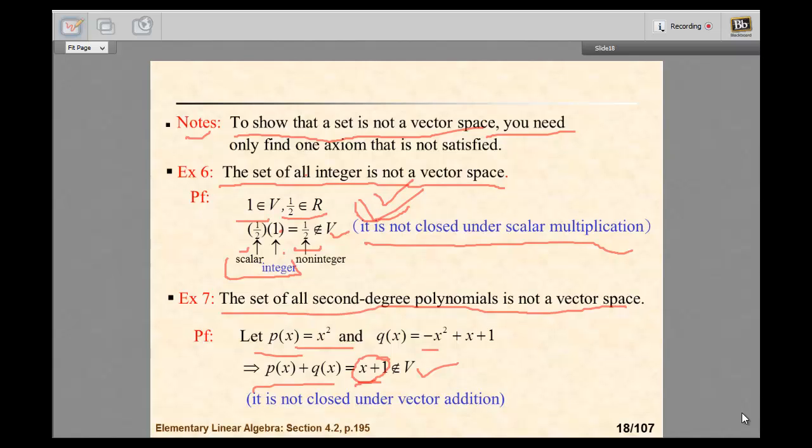So this means it is not a vector space. So similarly,